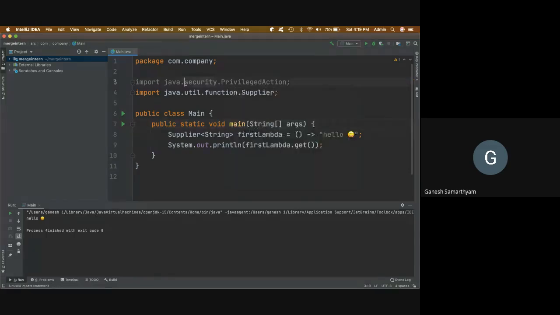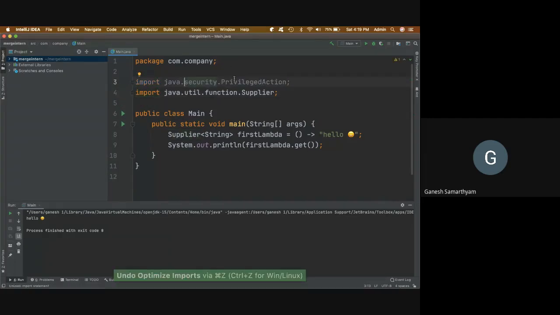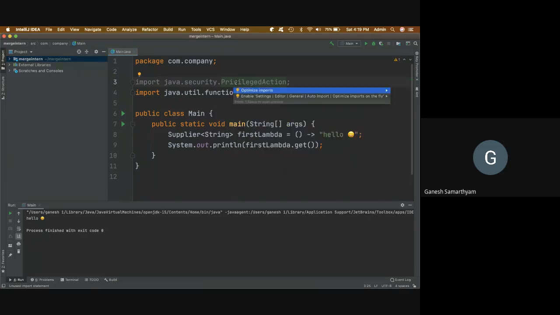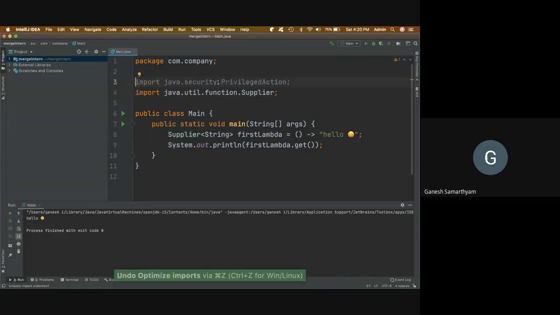So I could say Control Option O, and the import statement gets automatically removed. Another way is to point at that unused import statement, press Alt Enter, and choose optimize imports. A third way is Alt Enter and enable the setting optimize imports on the fly.